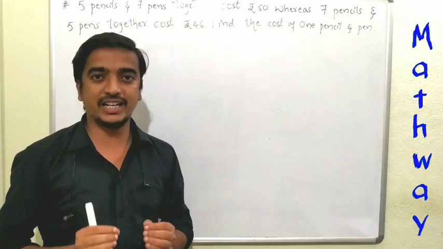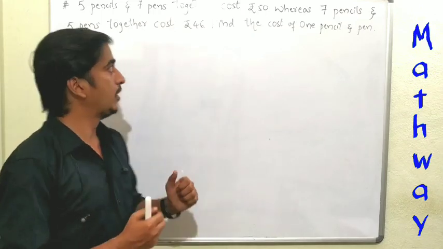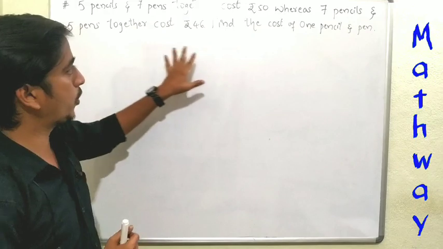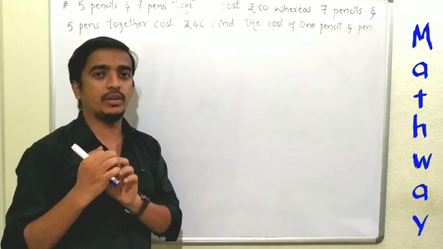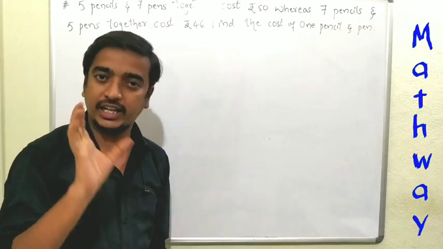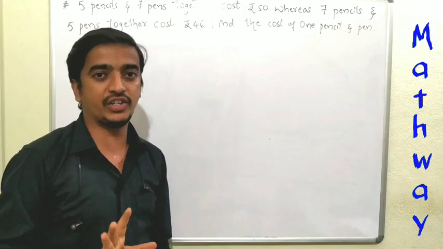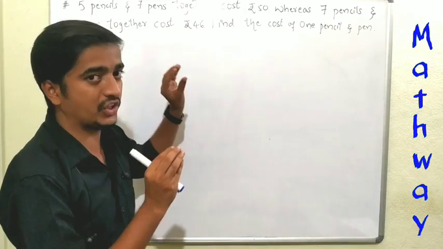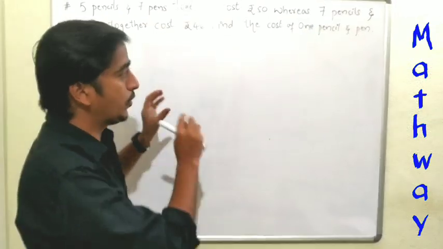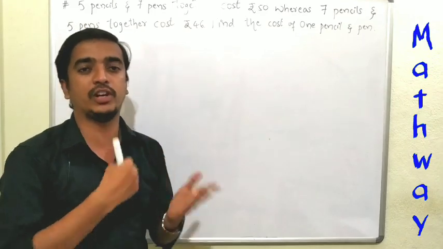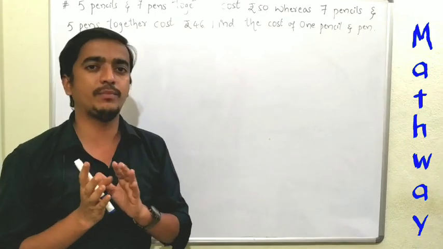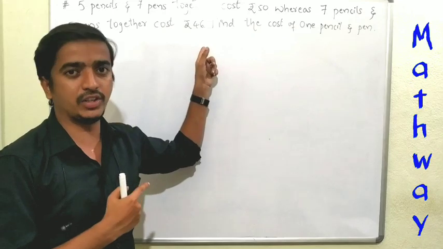Now let's take an example for the elimination method. Here I have a word problem. In the previous example, the lines or equations were given directly. But here some information is given, and from this information we have to make the two equations, after which we can solve it. Many times he will ask in this way, by word problems only.